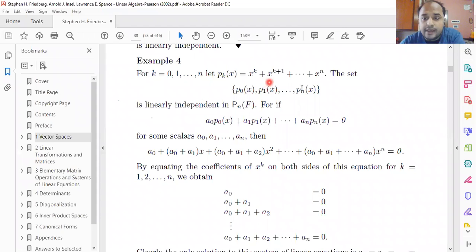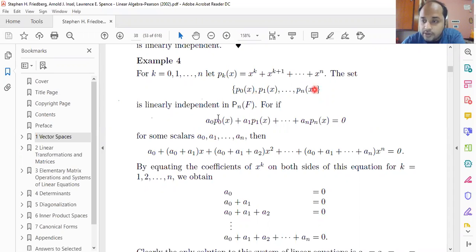And this set of polynomials, all these individual polynomials, are members of Pn(F). Pn(F) is the vector space of all polynomials of order less than or equal to n. So I want to check whether this set is linearly independent or not,